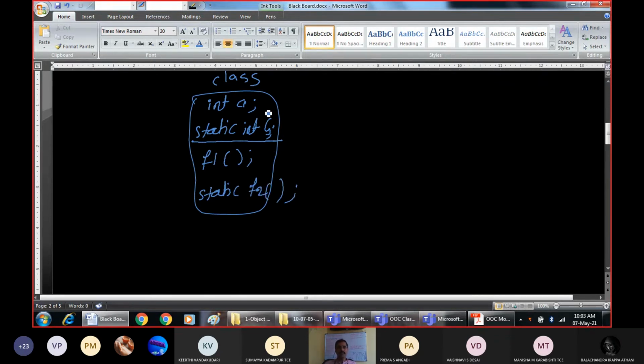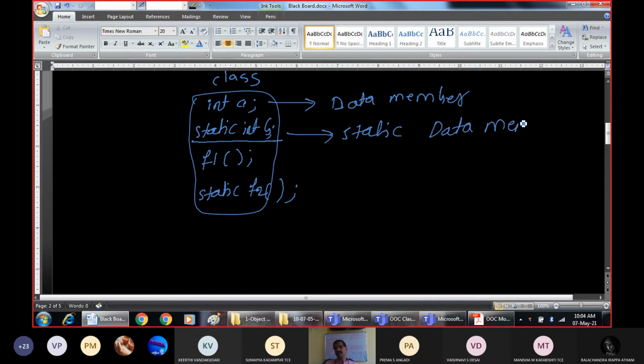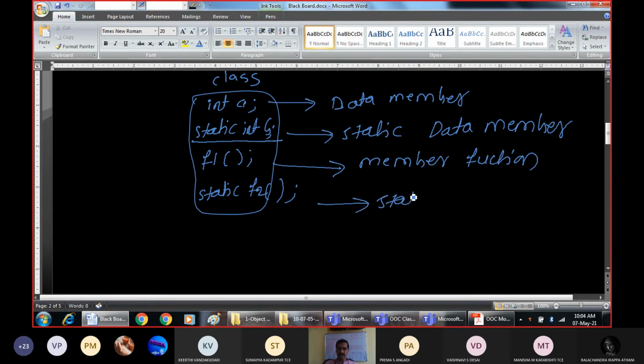So this is a normal data member of the class, whereas this is the static data member of the class, and this is a normal member function of the class, and this is a static member function of the class. Right? So this is what we have in the scenario.